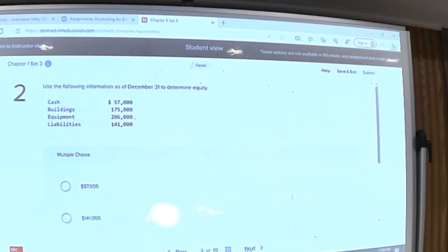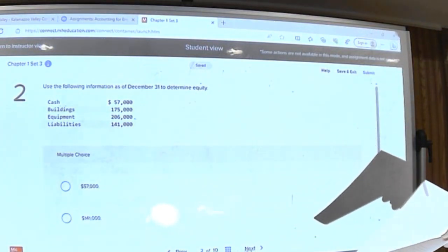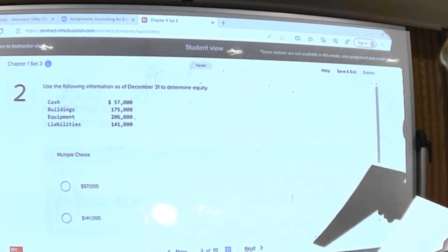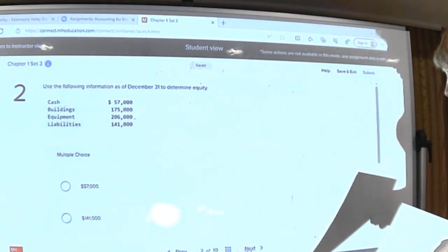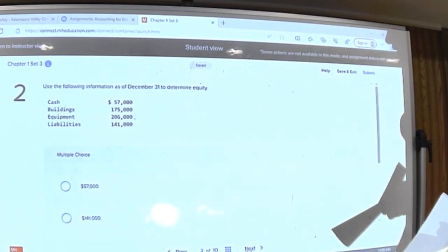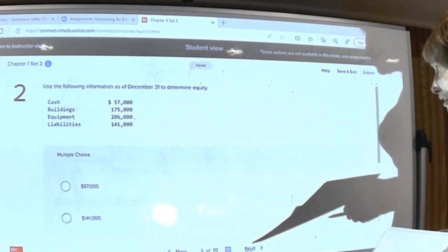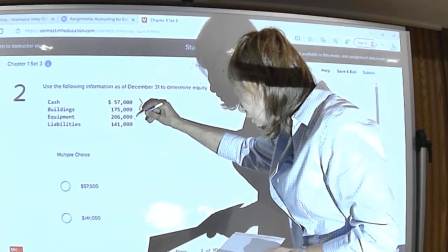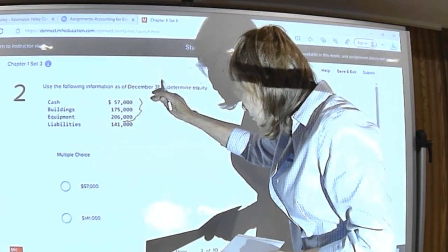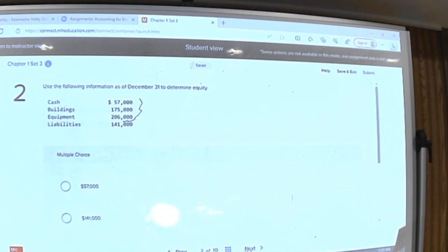Next question, we're going to determine equity using this listing of categories. Okay, so you can see we've got 3 asset categories that we start right off with. Cash, buildings, equipment. Let's highlight those for you right here. Sorry, that's pretty sloppy. And then followed by liabilities. Those three